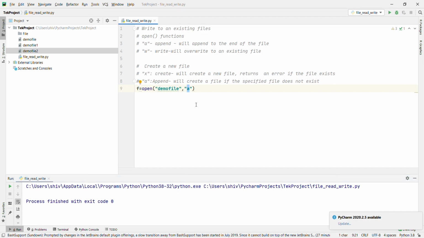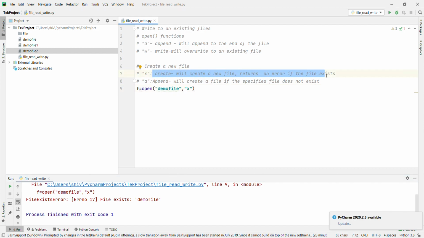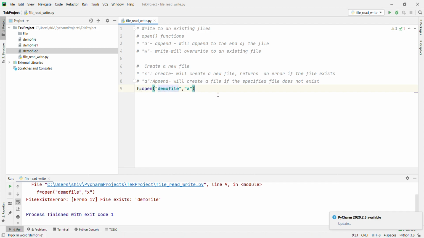If you are going to use X, that will create a new file, then it will give the file exist error, because X is going to create a completely new file. And when you are going to use a, this is going to create the new file if the file doesn't exist. If the file exists, then it will append to the file if you want to append some content into the existing file. Okay, that's the difference between X and a.